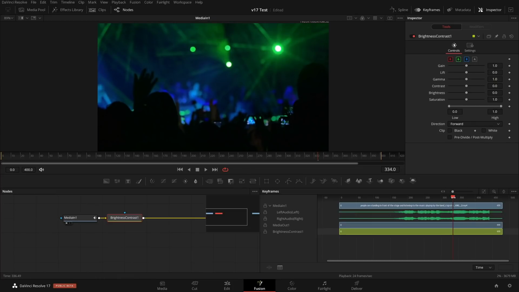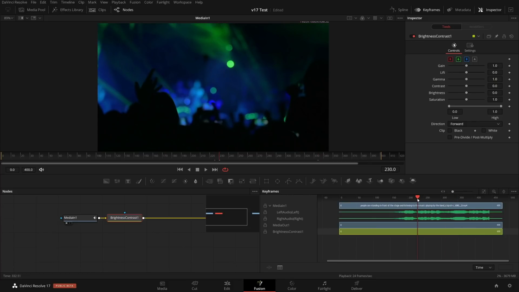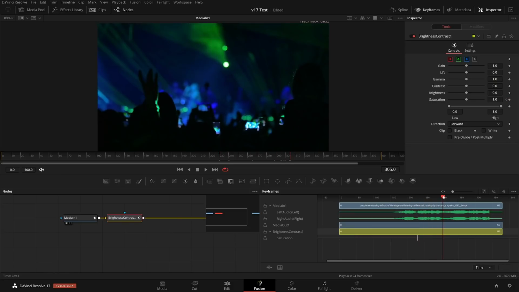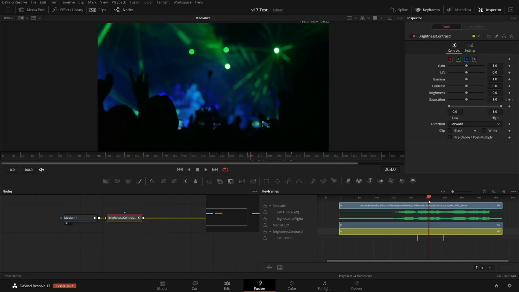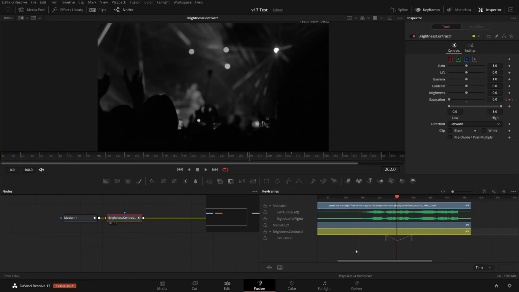Let's just desaturate. I put a keyframe here, and I'll just put a second one after the waveform, and I say as the music builds up and becomes lower again, I want to follow this waveform with a visual cue. So I will have the saturation here, and in the middle I want to bring it to black and white. So if I bring it into the viewer, now I have this waveform here. Here, of course, I have a bit limited control compared to the spline editor.